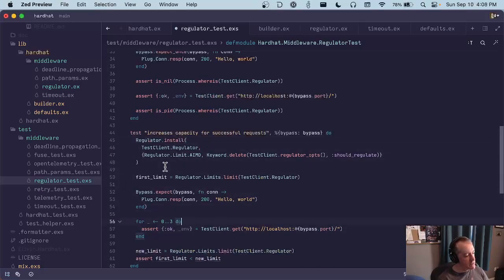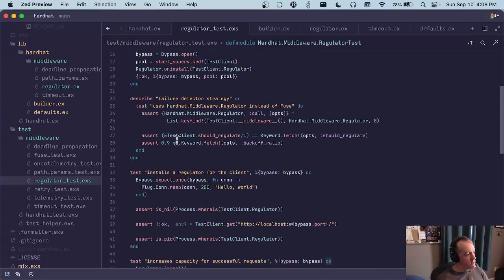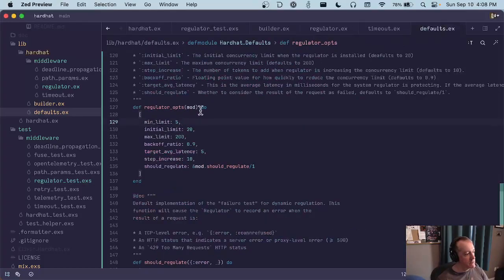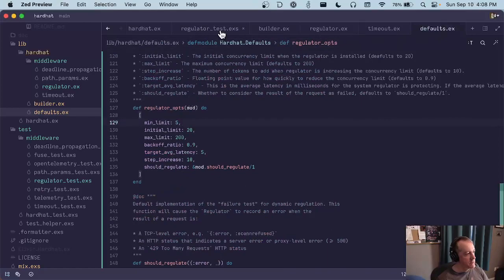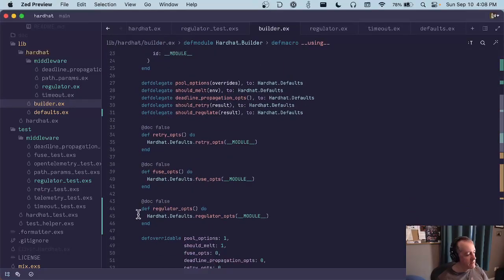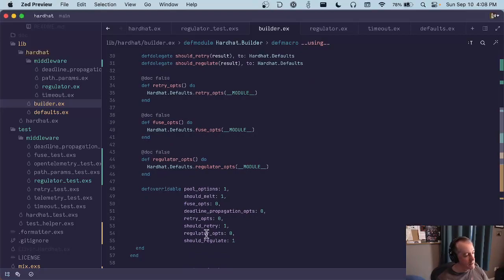What's confusing to me is why our regulator options are being ignored. So let's look at defaults, regulator opts. Let's look at the builder. Maybe we missed something here. No. It's overridable. It's what we're expecting. And then